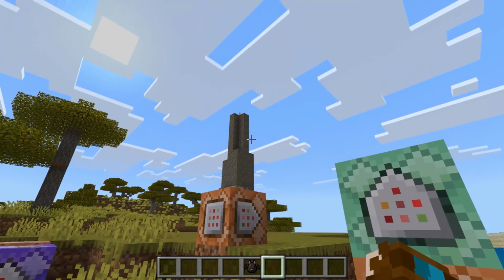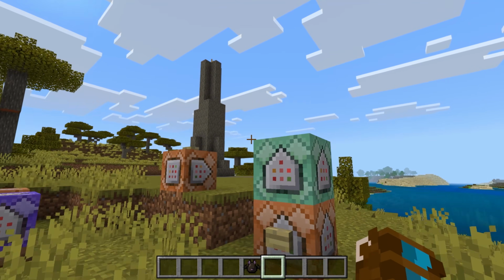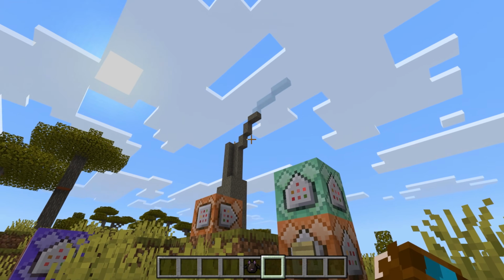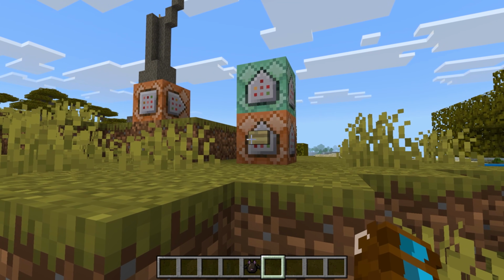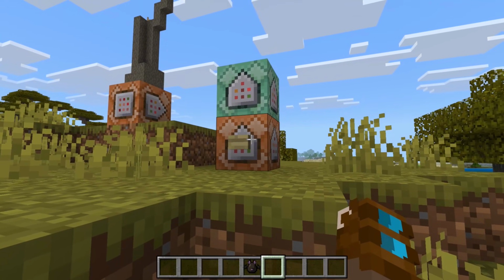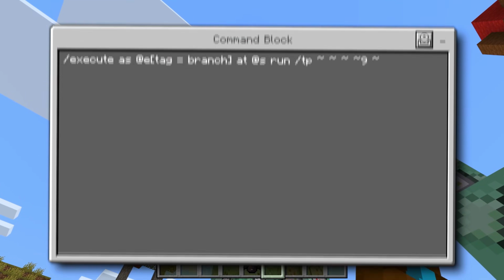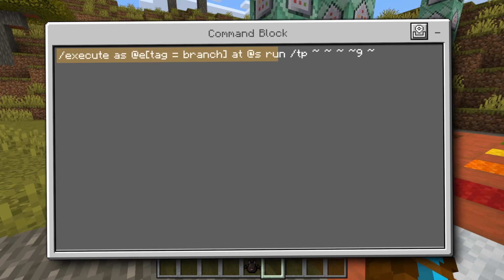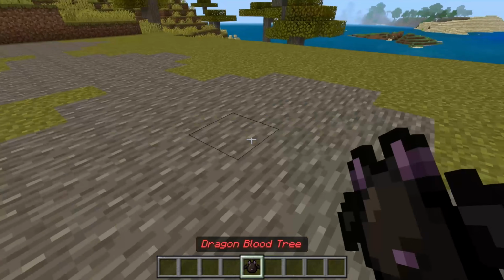Now I've got a button right here that'll show you what one branch generating looks like. Let me show you. It just looks like that, and if we do a couple here, you can see that they're slightly different positions each time. And so I set up this line of command blocks that will spin that armor stand at the top of our tree and generate branches randomly. So when we put it all together,